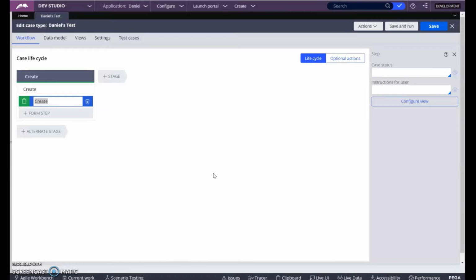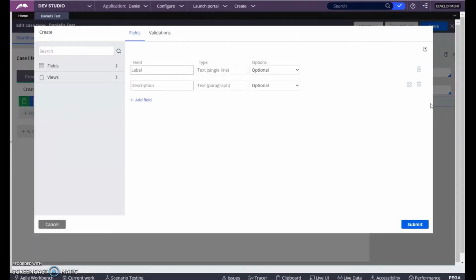So PEGA will create this case type with a single stage, and the stage will have one step of create. You can configure how this create behaves by clicking on this configure button. Currently there are two fields, one is label and one is description. You can add different fields. So I'm going to click on add field